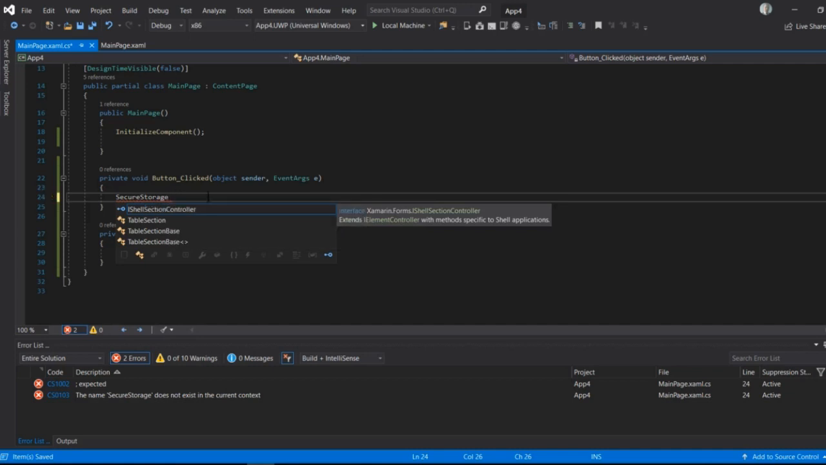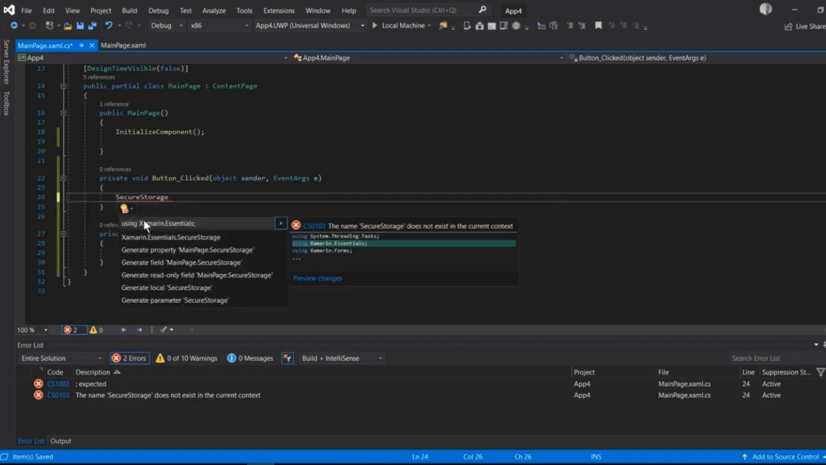If you don't know the namespace for the name, you simply write the name and try to correct the mistake like that. And as you can see, it is corrected quite properly. It says